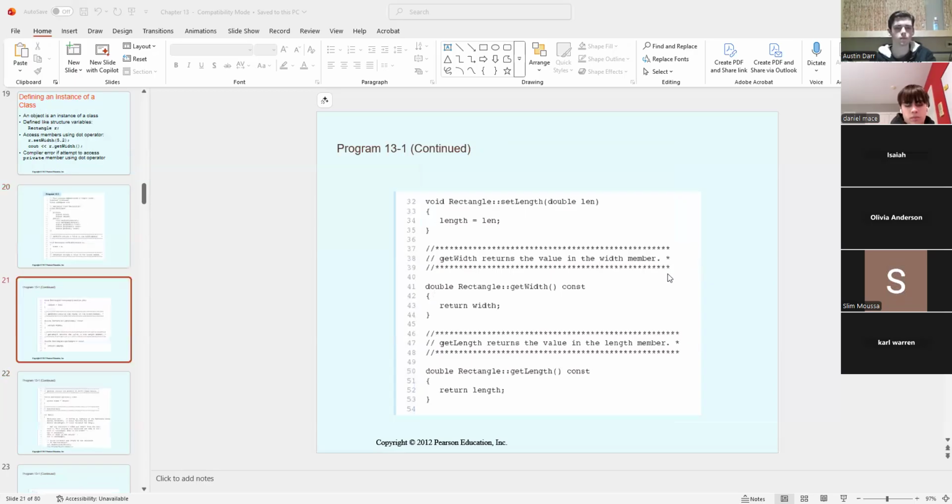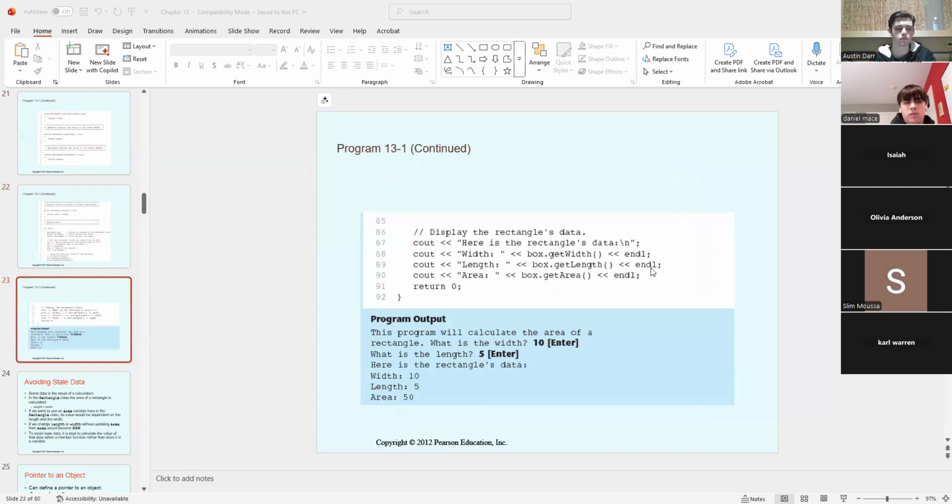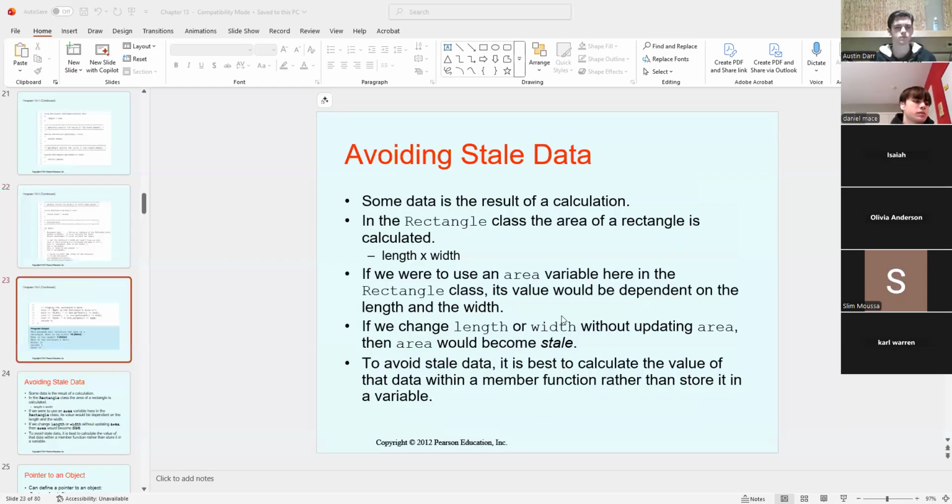Okay, and now I start to take a look at some of the functions. And then, of course, I have a demo program. Now, I don't like this. The demo program comes right after the class definition. We want the class to be standalone so that it can be reused by possibly another function or another demo program. So I don't like it as one. I prefer it to be two.